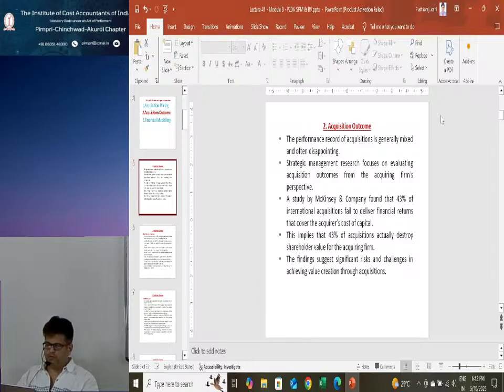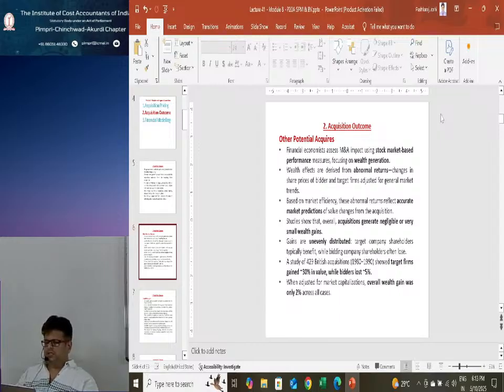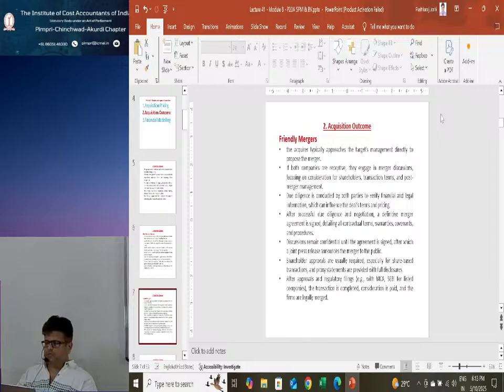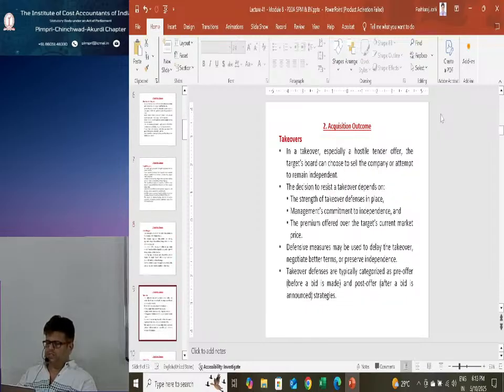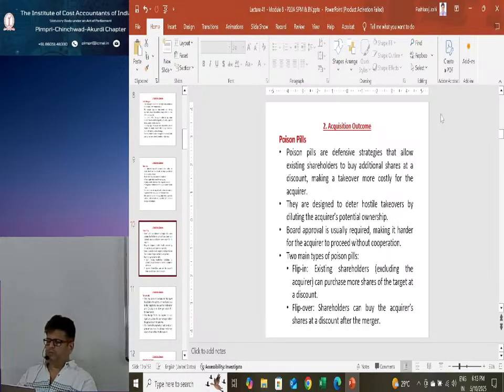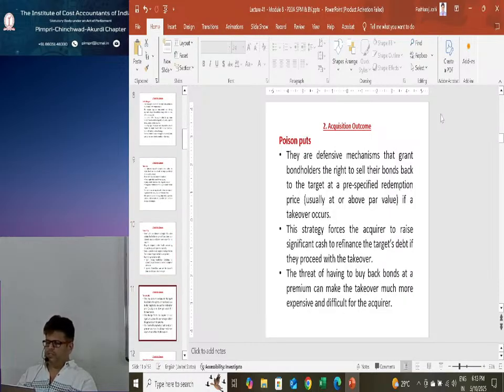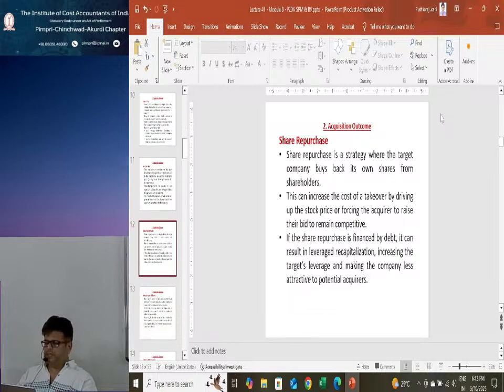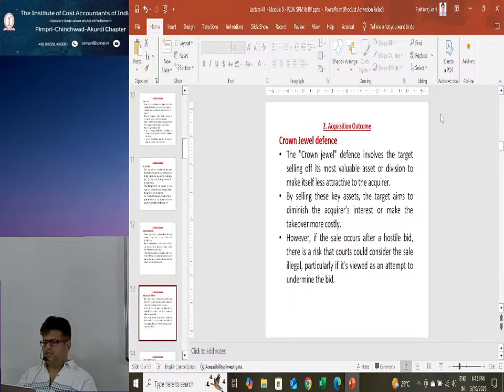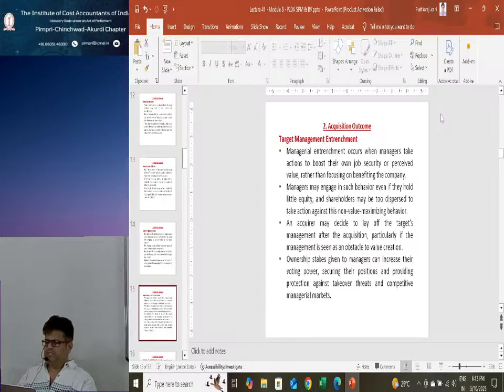To wrap up, we saw that the performance record of acquisitions is generally mixed and often disappointing. Then we saw the strategic management research, the McKinsey study, that 43% of internal acquisitions fail to deliver. Then we went through other potential acquirers. Then we saw friendly mergers, hostile mergers, takeovers, poison pills, poison puts, share repurchase, crown jewel defense, white knight defense, then target management entrenchment,